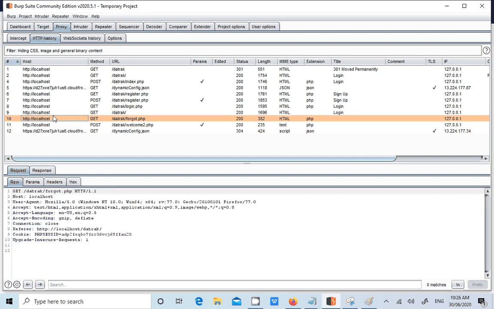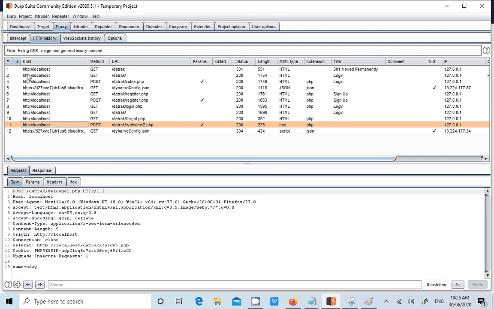Any local attacker within the network can sniff the credentials in plain text and can log in as a user. What is the recommendation? It is necessary to use the HTTPS protocol to send sensitive information like username, password, email address, passport number, SSN, and any sensitive personal information.